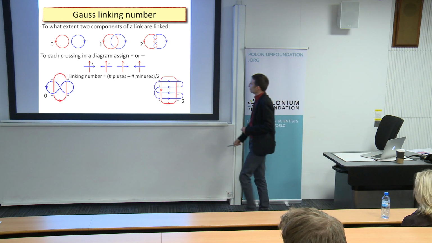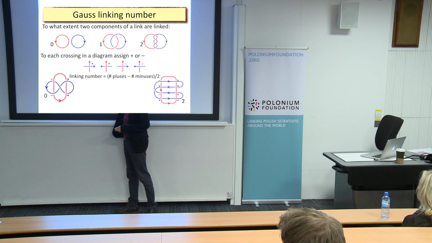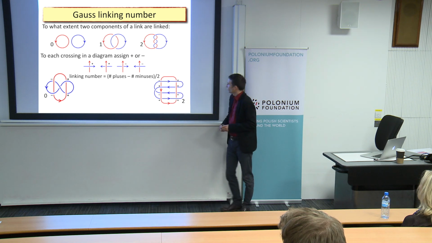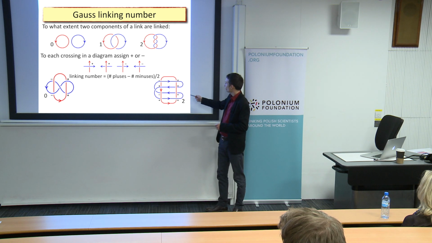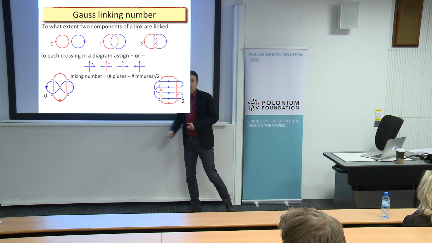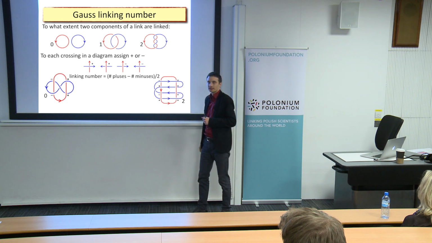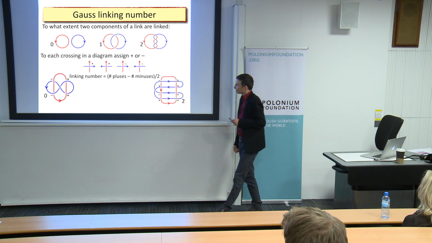So we can see that in these 2 examples. For example, here we have 2 plus signs. If you look carefully, you see that these 2 crossings are either of this type or this one. And altogether, we get this linking number being 0 here. And in this diagram, if you compute carefully, you will find that this linking number is equal to 2. So this means that certainly these 2 links are non-equivalent. You cannot transform one onto the other just because these 2 invariants are different. So this is the idea how those knot or link invariants work.